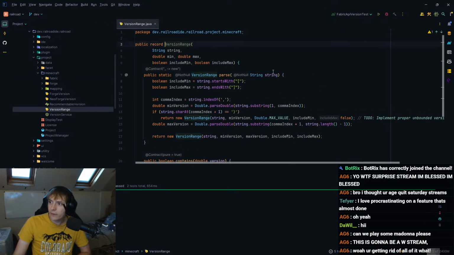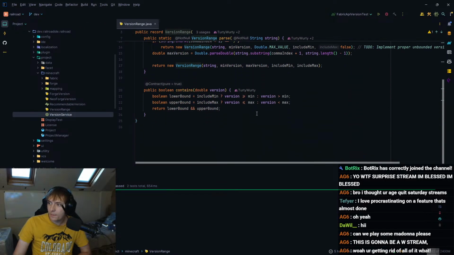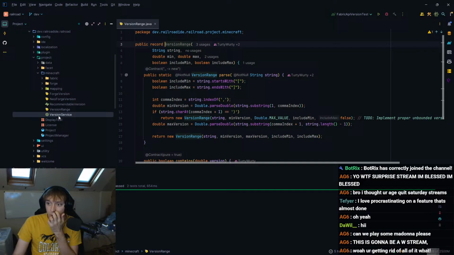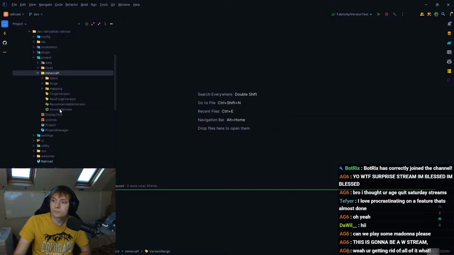Now we do also have this, which is a version range. However, this is going to also need to be completely rewrote. As a matter of fact, I'm going to just get rid of it completely.